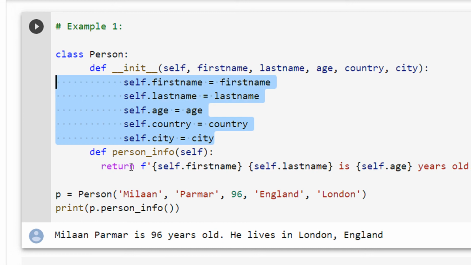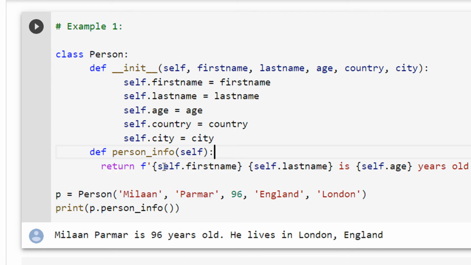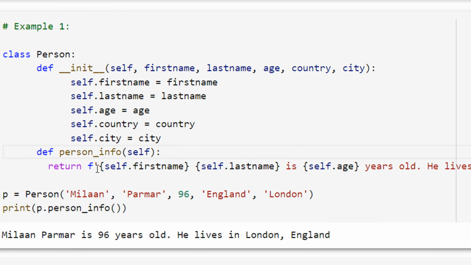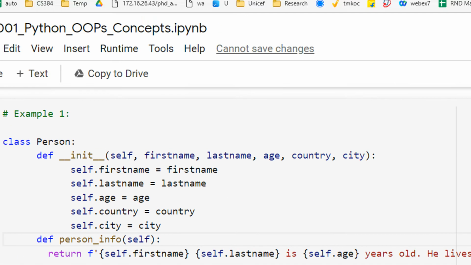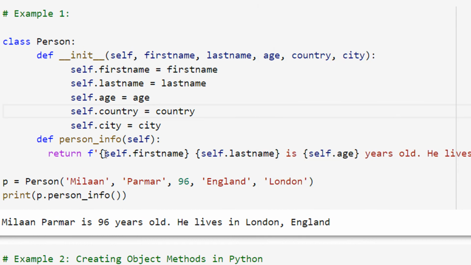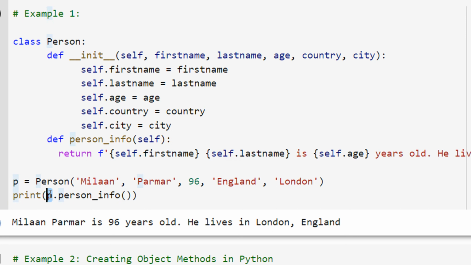Now you can see I'm calling the person info function from the object P. We have self.first_name, self.last_name, and self.age, year old, using the f-string format that we had seen.